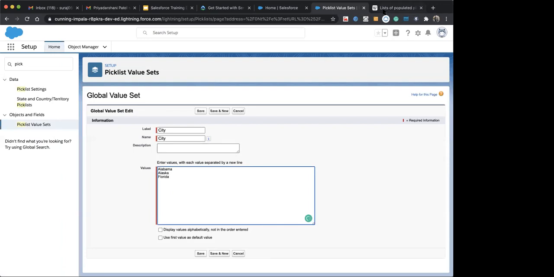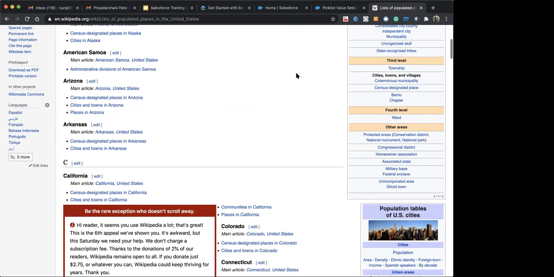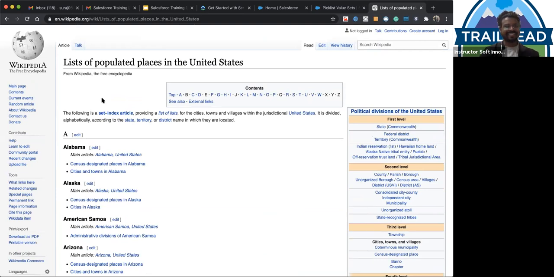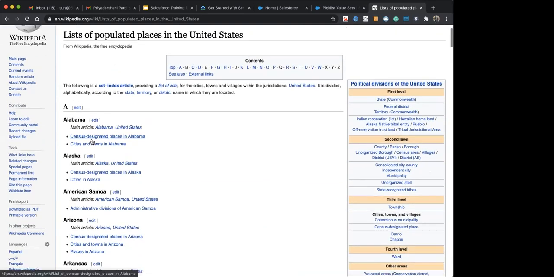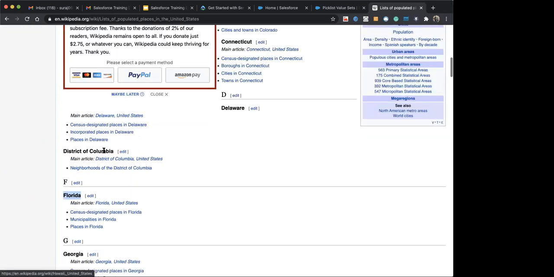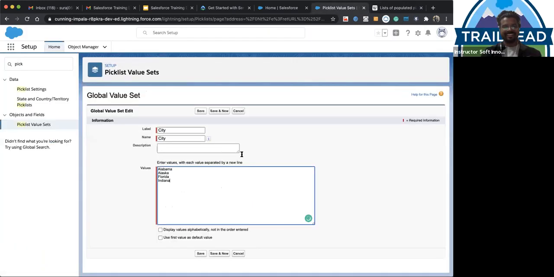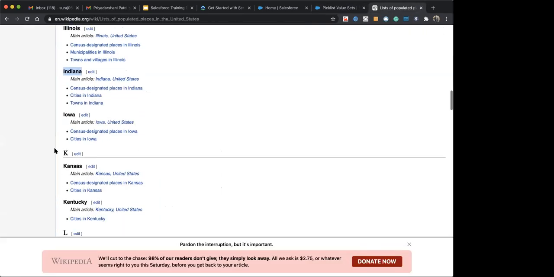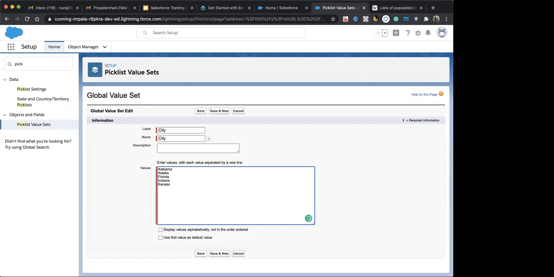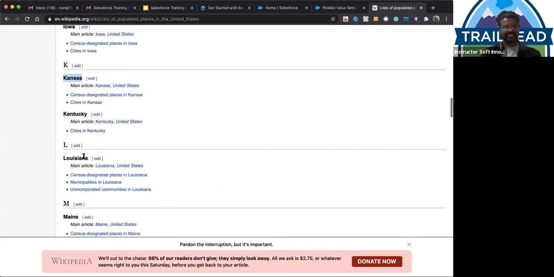Those are states, but it's okay. New York, Los Angeles, Miami. I mean, those are very famous ones. No problem. I will change the name from city to state. Yeah, change the name of the label. States, yeah, it's good.